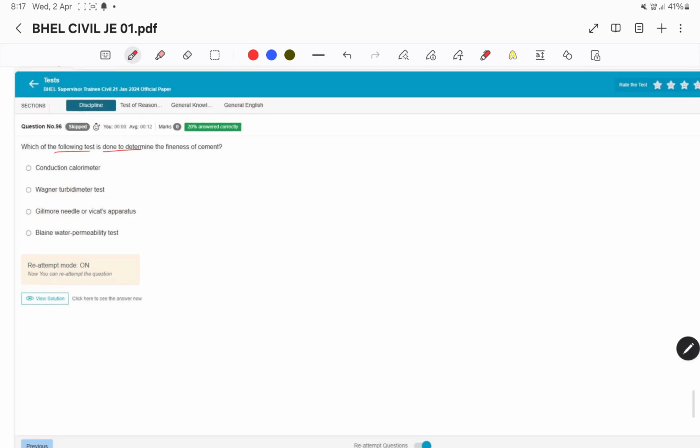Which of the following tests is done to determine the fineness of cement? Conduction calorimeter, Wagner turbidimeter, Gillmore needle and Vicat apparatus, Blaine air permeability. ब्लेन एयर होता तो हम उसको सीमेंट के लिए लगा सकते, लेकिन वाटर नहीं। वेंगर turbidity meter टेस्ट।